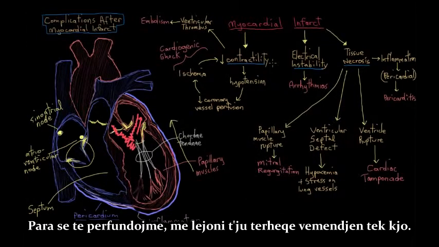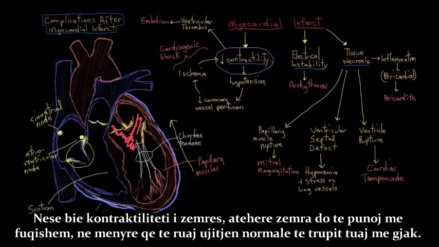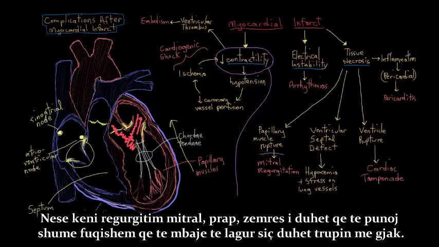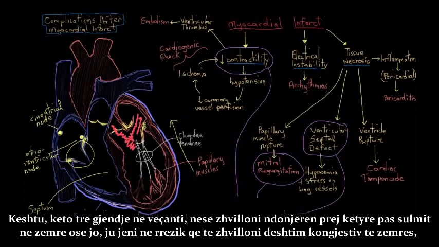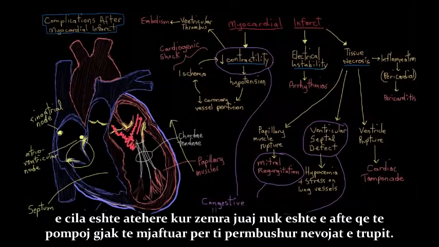So just before we finish up, let me just draw your attention to this. If your heart has decreased contractility, then it's going to have to work harder to maintain proper perfusion of your body with blood. If you have a mitral regurgitation, then again your heart's going to have to work a lot harder to maintain proper perfusion of your body with blood. If you have a ventricular septal defect, again, your heart is going to have to start working a lot harder. So these three conditions in particular, if you develop any of these after a heart attack or not, you run the risk of developing congestive heart failure, which is when your heart just can't pump out enough blood to meet the oxygen needs of your body.